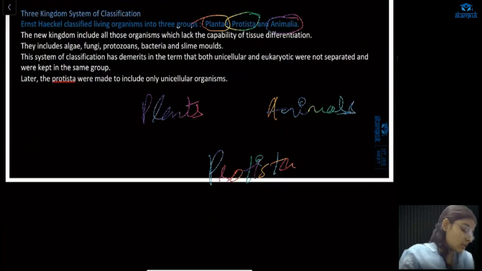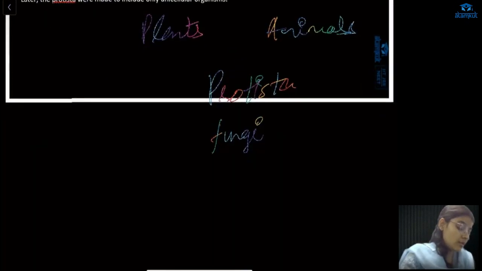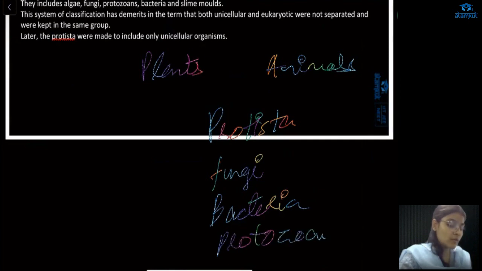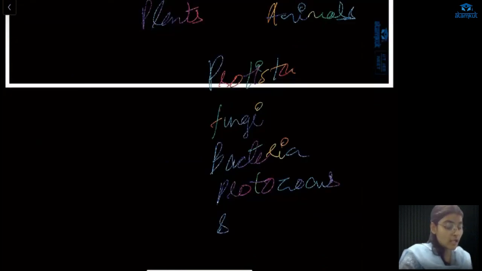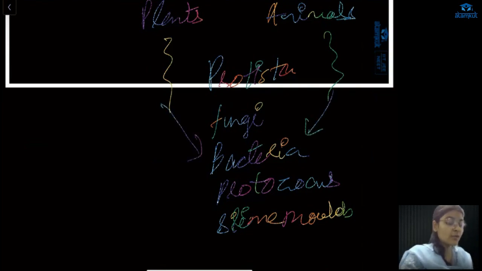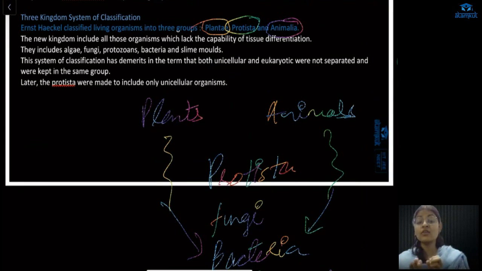Still, what is the classification? It is messy. Like fungi were placed in this, all the bryophytes, all the bacteria were placed in this, all the protozoans were placed in this. Okay, all the slime molds and yeast were placed in this. Meaning, the demerits of this and the demerits of that were both brought and placed in Protista. So Protista acted as a kind of dumped group. Whatever the unmatching things of the Plantae and Animalia groups were, they just created the Protista group, and all the unmatching things were there in the Protista group.